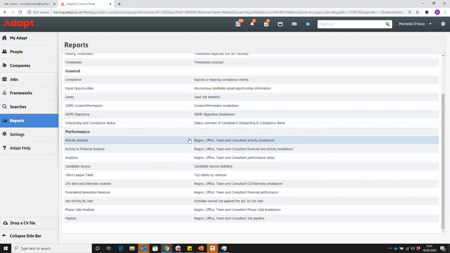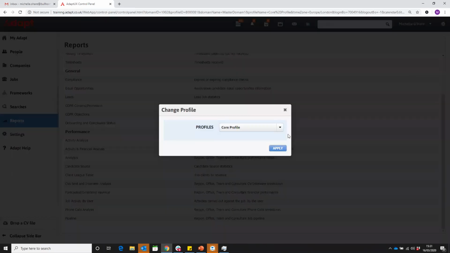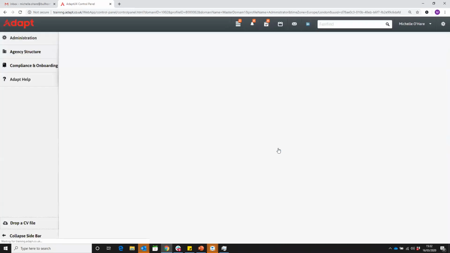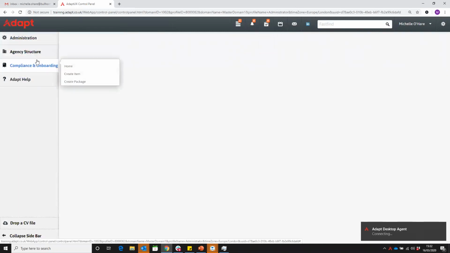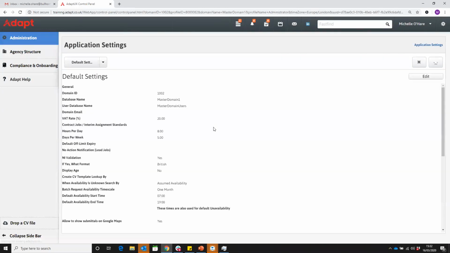So the last thing I wanted to show you was how you can change the setting in the system. This is directed really at anybody that's an administrator. So you'd go to your settings cog, to profile, and what you will be selecting is the Adapt Manager profile. For myself, I'm going to show you a different way. I'm going to go to the admin profile. So anyone that's an administrator will recognize these are your additional tabs. So if you go to admin and to application settings and edit,